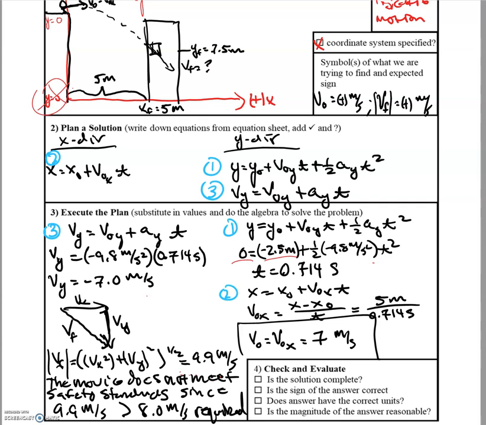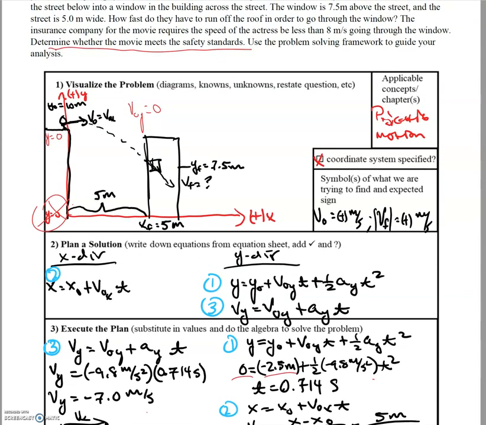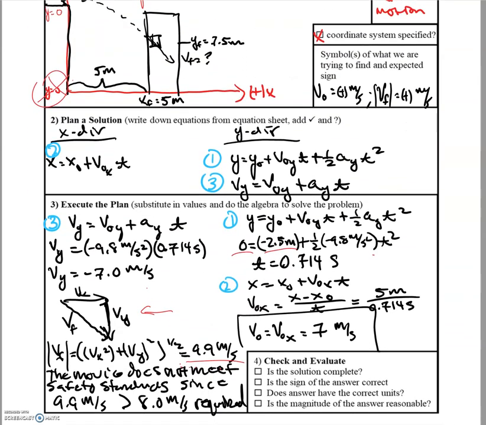Now to get the final velocity, we know what the final velocity in the x direction is. That velocity is constant, so it is what the initial velocity was. Now we just need to solve for what the final velocity was in the y direction. We make use of the Pythagorean theorem to combine, and we find the final velocity was 9.9 meters per second. That is not your final answer. You need to answer what the question asked and whether the movie meets the safety standards. Since the safety standards are 8 meters per second, this does not meet the safety standards because the velocity